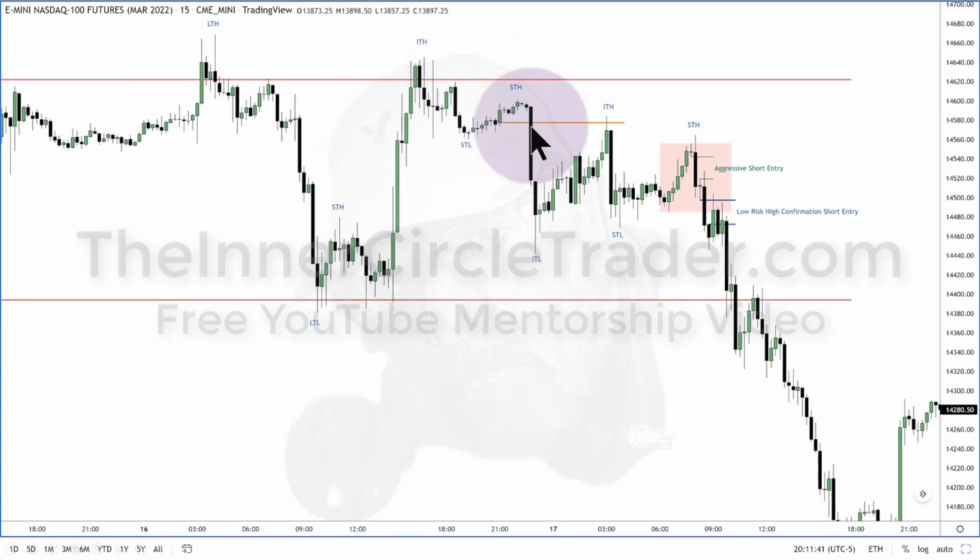It moves lower. You could have easily had a short-term high marker there, but I'm using this one because it has that run lower to rebalance. The intermediate term high has a lower short-term high to the left of it and a lower short-term high to the right of it. So intermediate term highs, there's two classifications. It is a short-term high that has a lower short-term high to the left of it and a lower short-term high to the right of it.